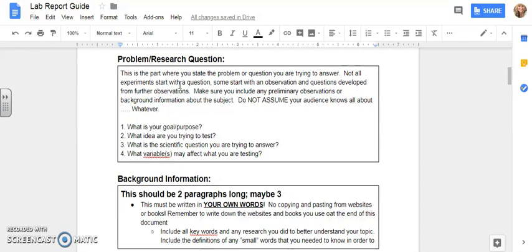Some start with an observation, and questions develop from further observations. Make sure you include any preliminary observations or background information about the subject. Do not assume your audience knows all about whatever. For example, if you're building a motor and you're talking about pistons, not everybody knows what a piston is. You might need to give your audience some background information on why pistons are important to the running of an